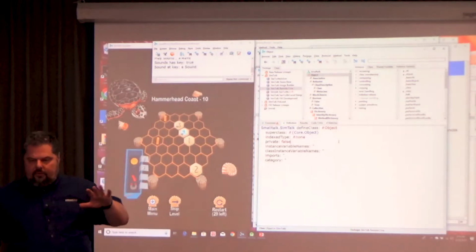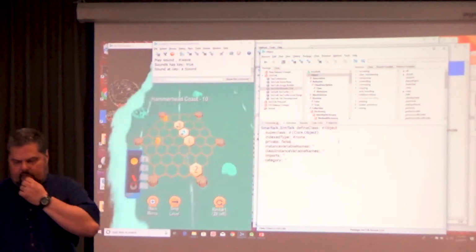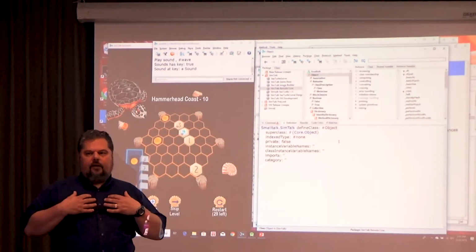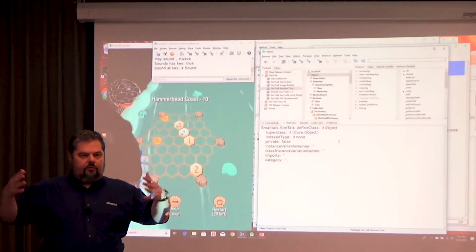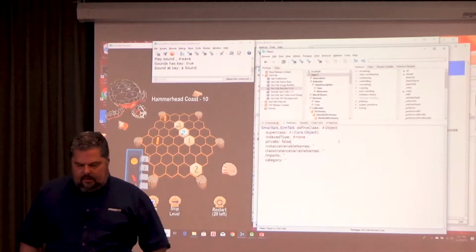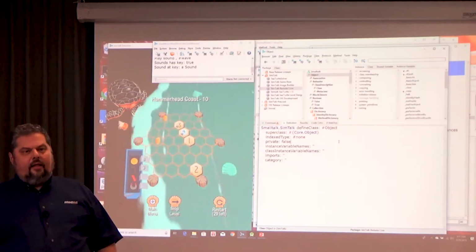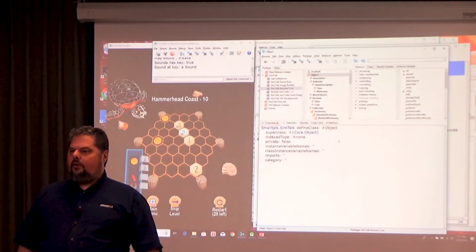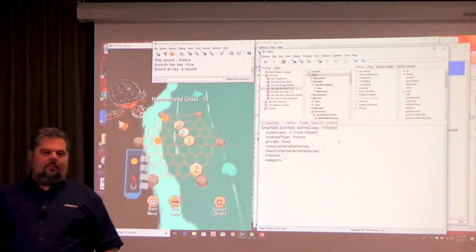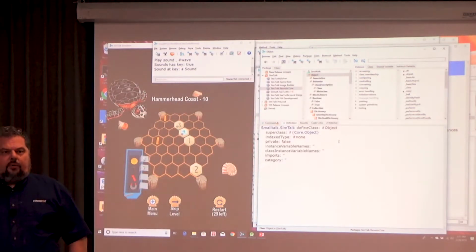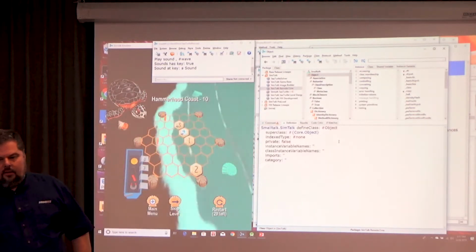Keep in mind, and I'll say this at this point, this tool is meant for me to use to develop my games and to do the things that I need to do. I had thoughts about whether I could release this for other developers to use, and it's really complicated and really hard.